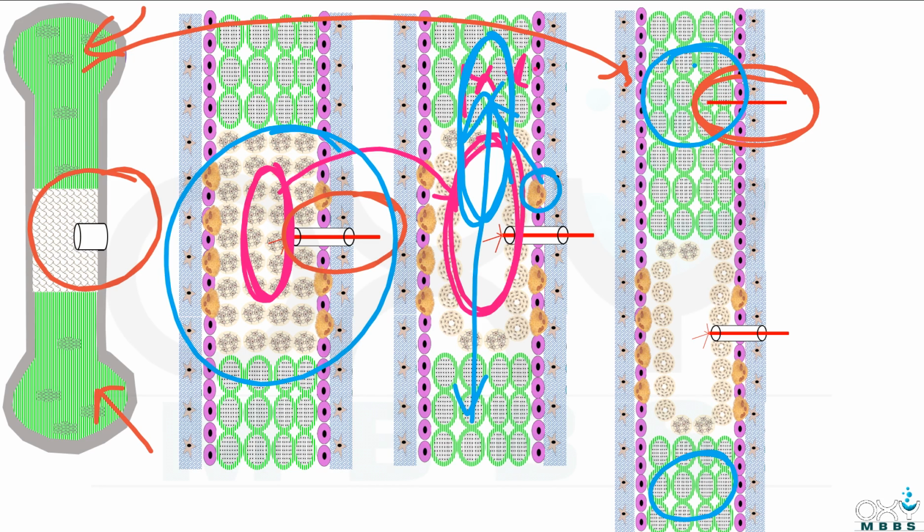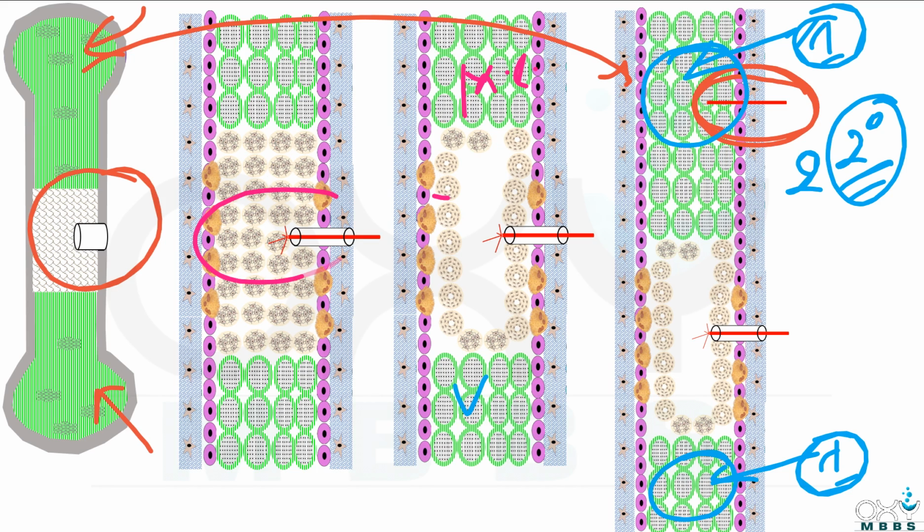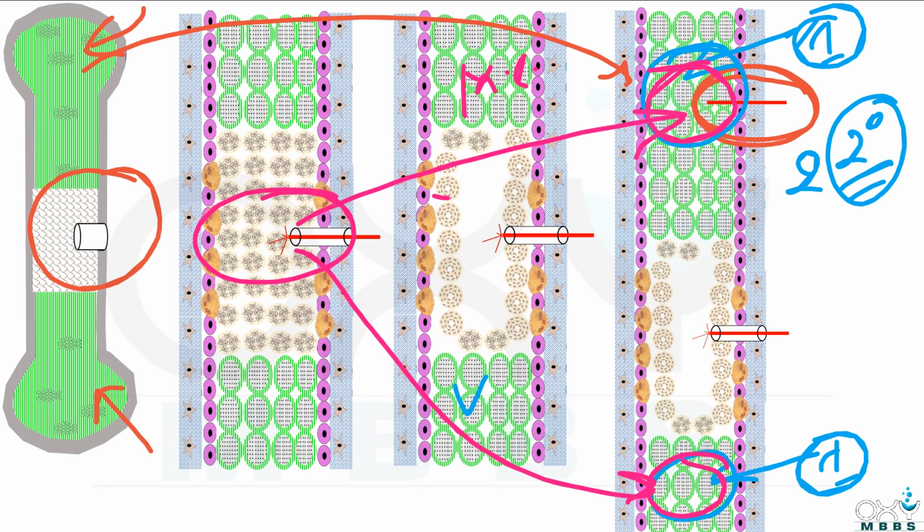It means one ossification center at this end and one at this end. It means two secondary ossification centers are developed, and similar to the primary, these also form bony tissue.